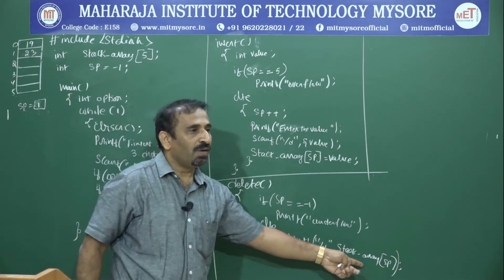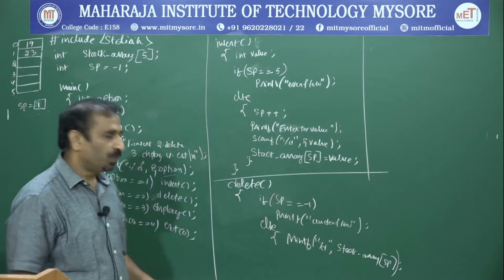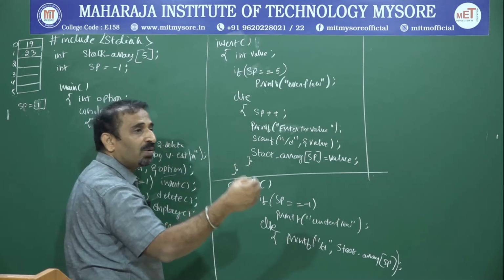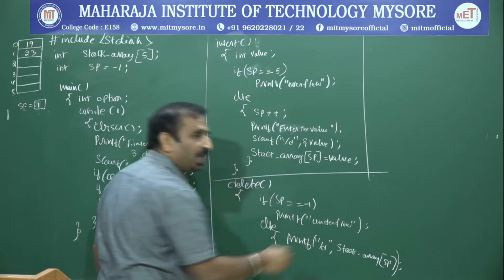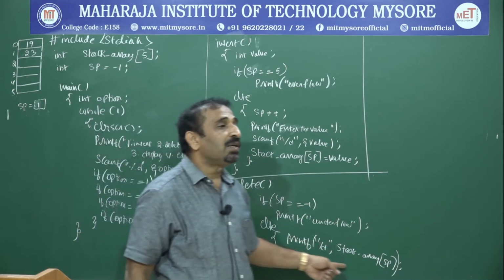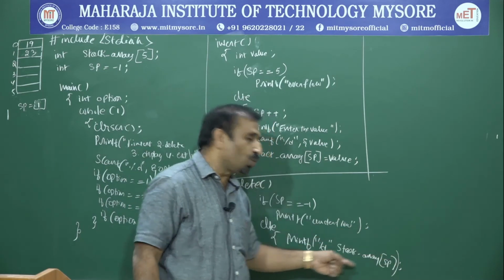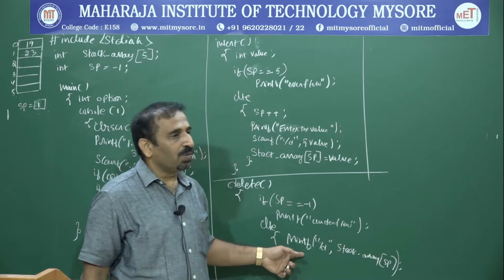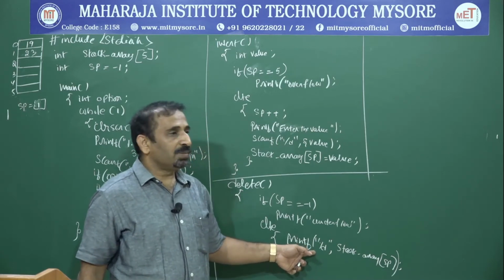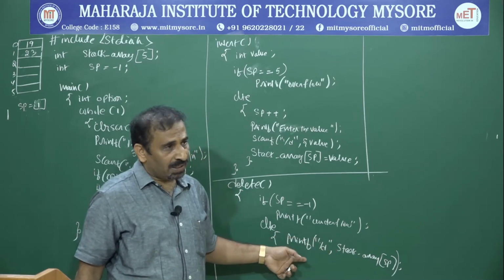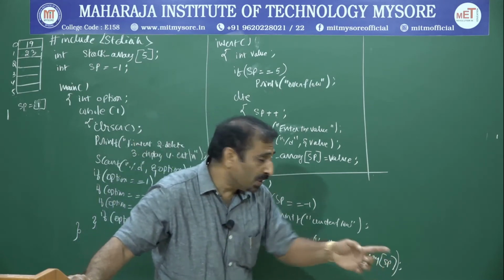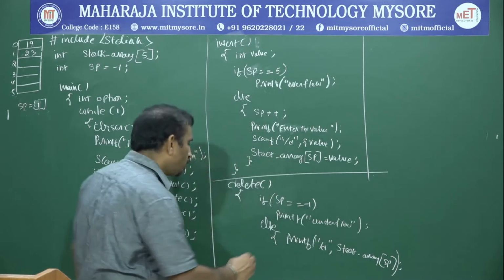So this will go off, this will be taken off. This is printed. The element which is coming out is being displayed. You can also print a message saying the element being deleted is so and so. You can beautify the print messages. I am just printing only this, so the element coming out gets printed here. You can add something like: the element which is being deleted right now is this.